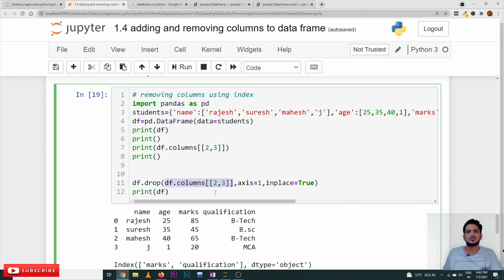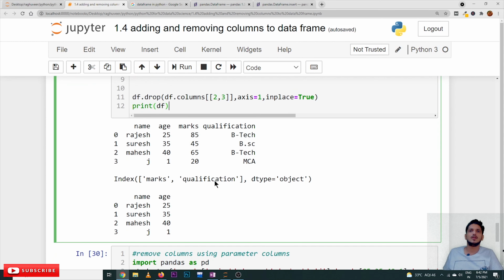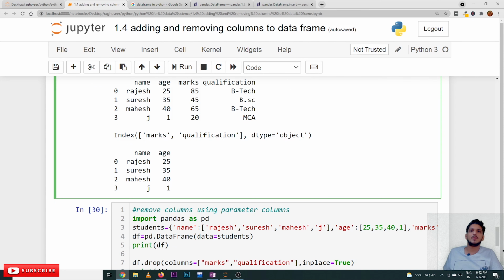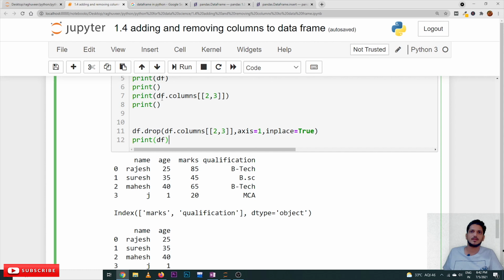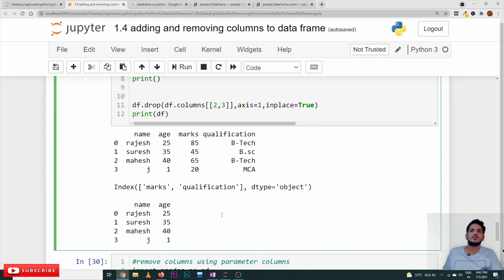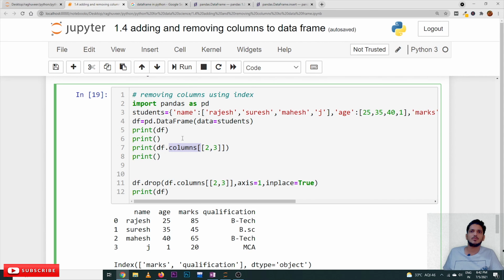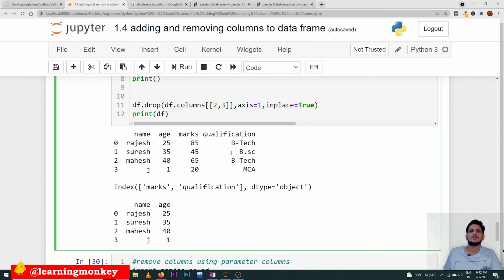This is how we use the columns attribute to delete columns using index values. The index is providing marks and qualification. For understanding purposes, we have displayed df.columns here with a print statement. It displays marks, qualification.